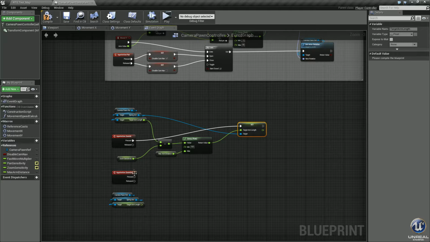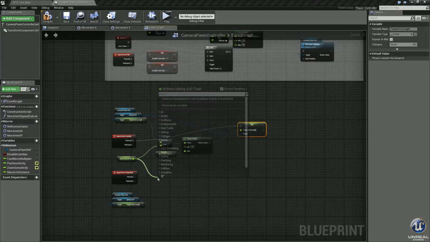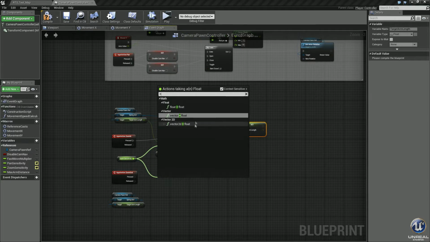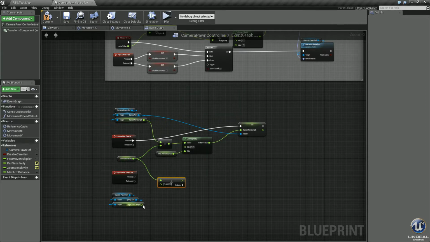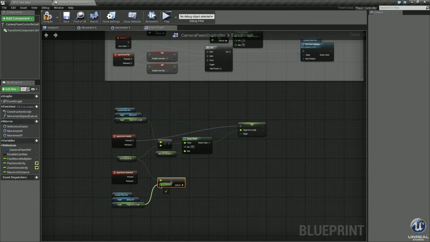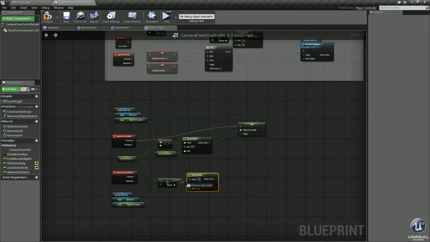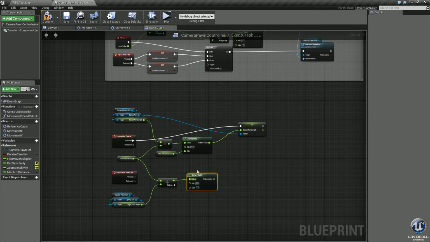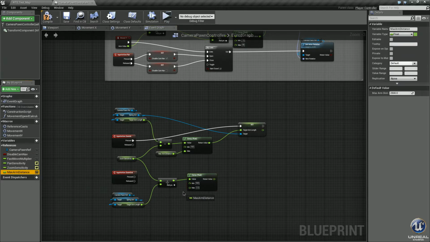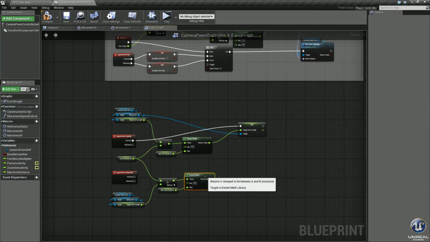Let's go ahead and do this again here. Drag off of this. This time we will hit a plus, float plus float, and that's because we are zooming out, so we want to add to our maximum length. Go ahead and clamp this again, Control W, and the value will be there. It's already set a minimum of 500 because we just Control W that, and max arm length right there. Just like so. Clean this up a little bit.